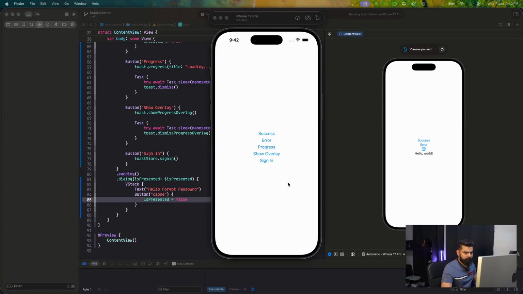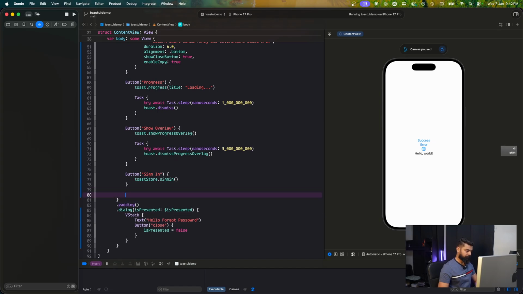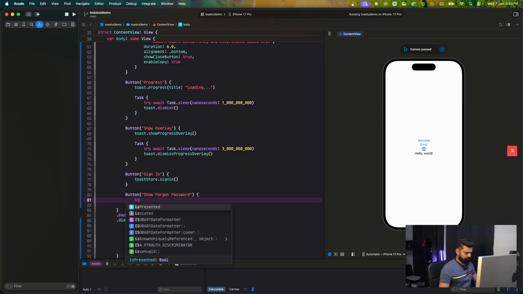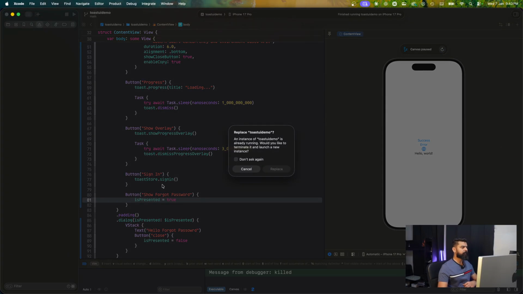All right, so if I click here, where do I need to click? What did I add here? Okay, I haven't added this button, so we need this button as well to show this. So Show Forgot Password, and this guy again needs an action, and isPresented equals true. Rebuild it again,